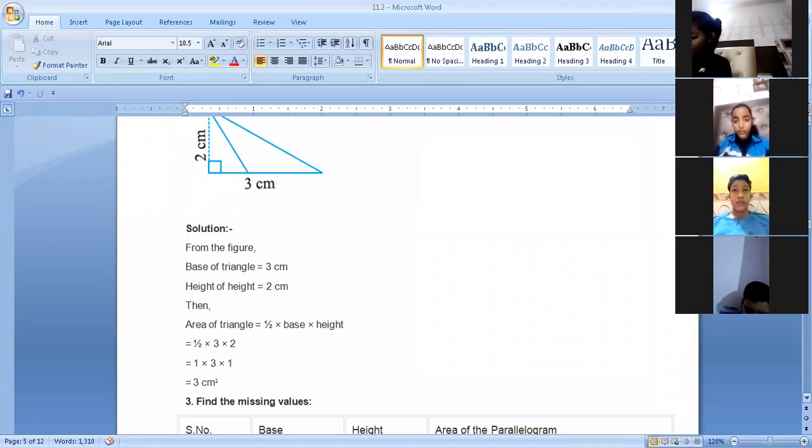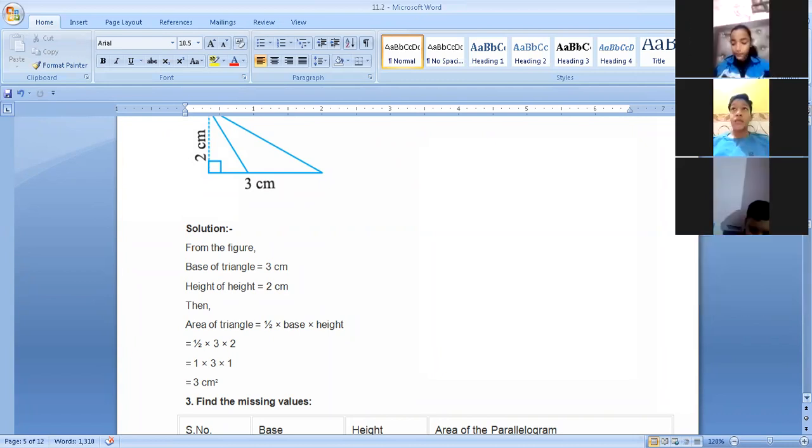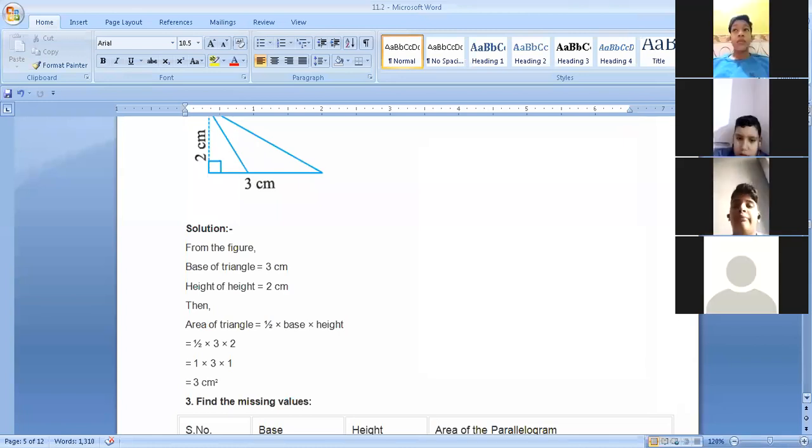Yes, 3 centimeter square. Right answer, Ananya. Sharvil, Astha. Right answer, children. Anupriya, Swastik. Right answer. Riyanshi, right. 3 centimeter square. Astha Upadhyay, Anshika Singhal, right answer. You have to put a square, Astha Upadhyay.